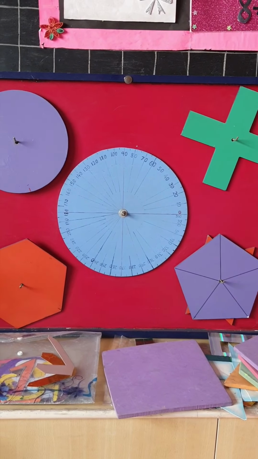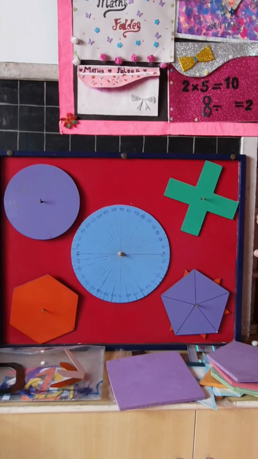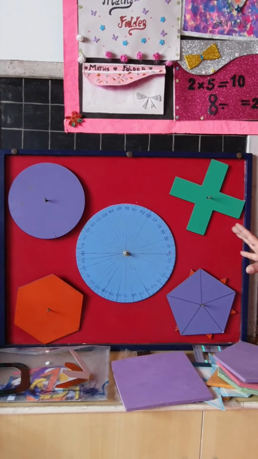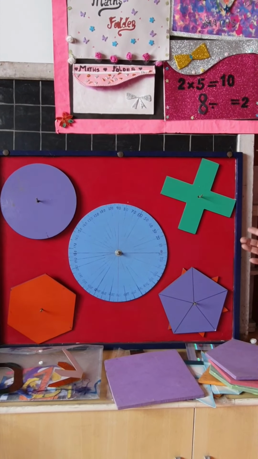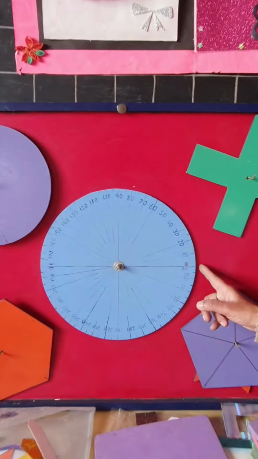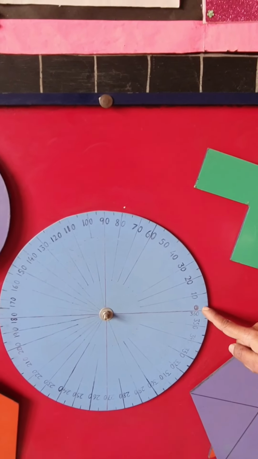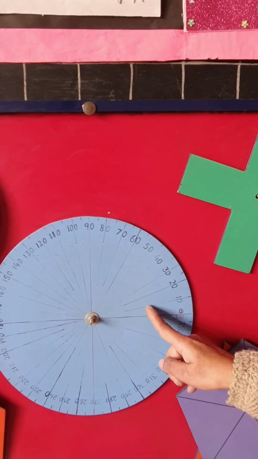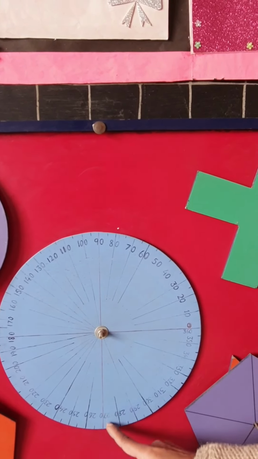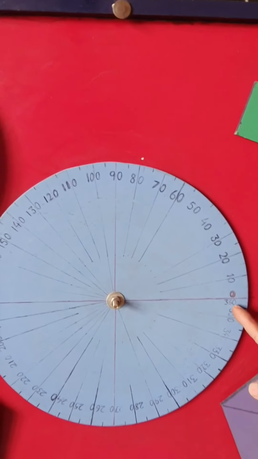Let's just see this beautiful teaching aid. This is not a ready-made teaching aid. It is made and painted in a school in order to make the concept of rotation symmetry clearer to you. You just see this protractor here. It's a complete protractor which is showing you all the degrees from 0 to 360. So see, this is 0 and this is 360, that is, we are moving from here to here. These red lines are showing 90, 270, 180 and 360.